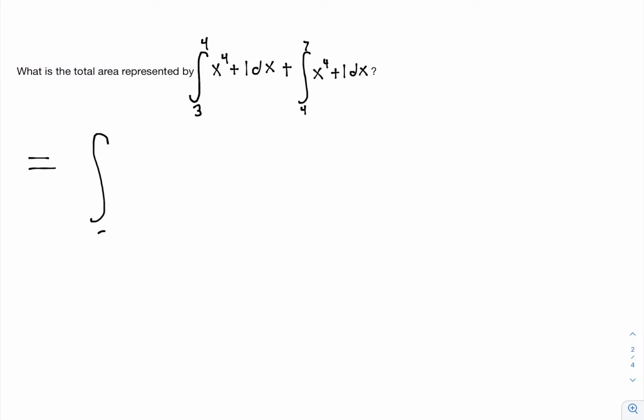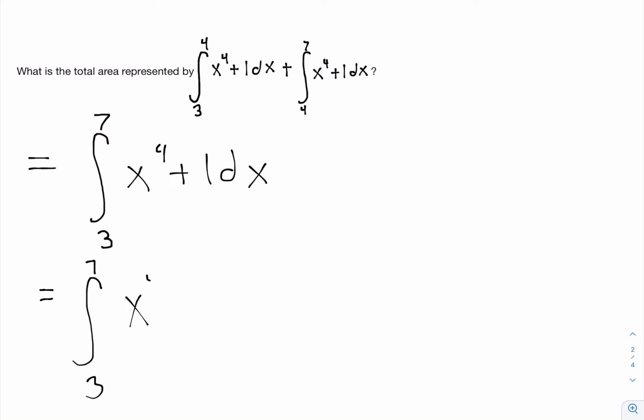This is going to be the same as the integral from 3 to 7, so the lower bound on the left to the top bound on the right, of the inside function x to the 4th plus 1 dx. Okay, so well, x to the fourth, the integral of that, right? So we can separate this because of this plus sign. We know that integrals are additive. So it's going to be the integral of x to the fourth dx plus the integral from 3 to 7 of just 1 dx,